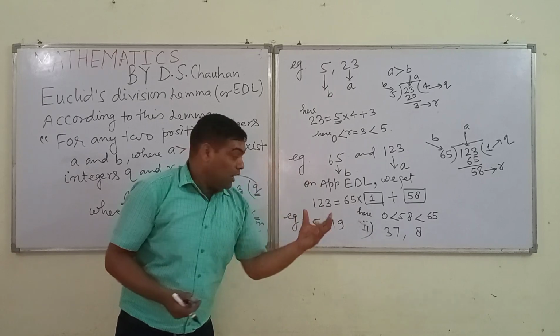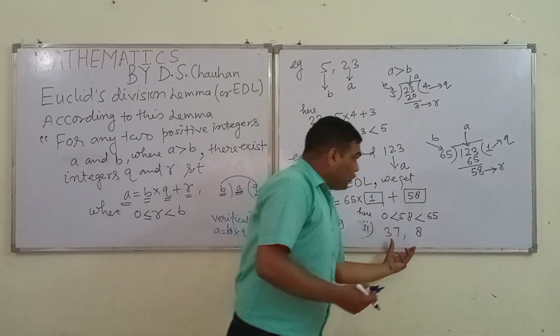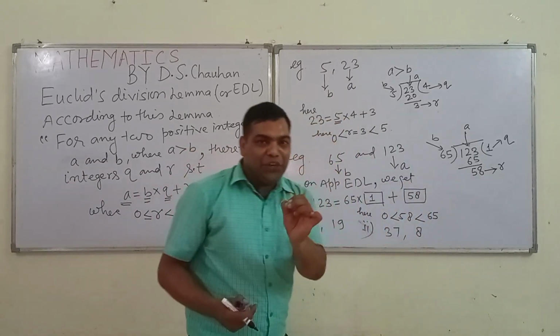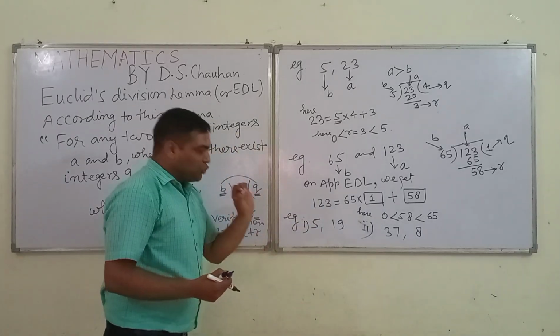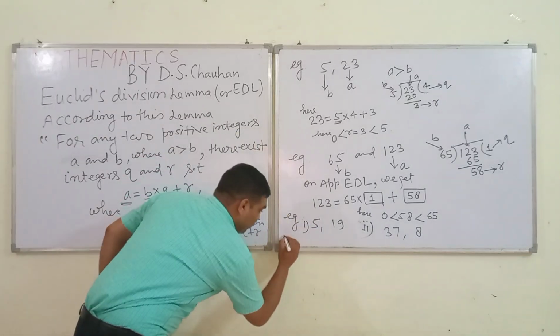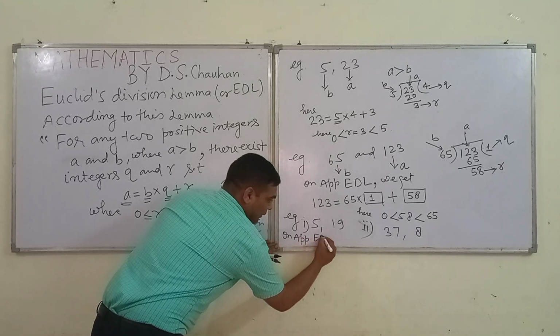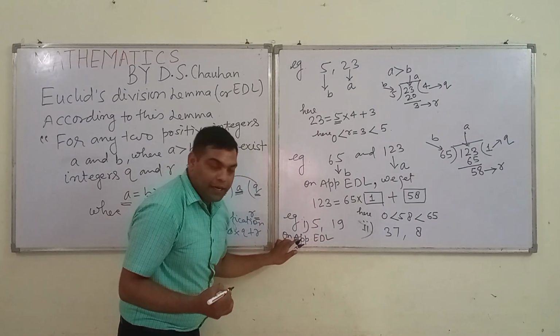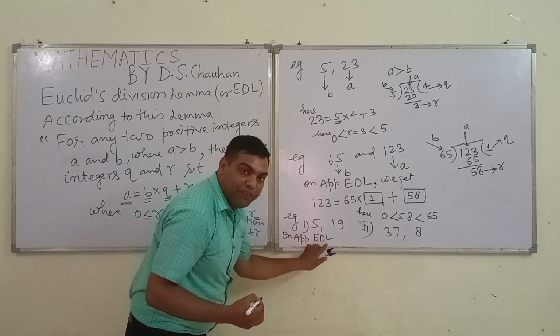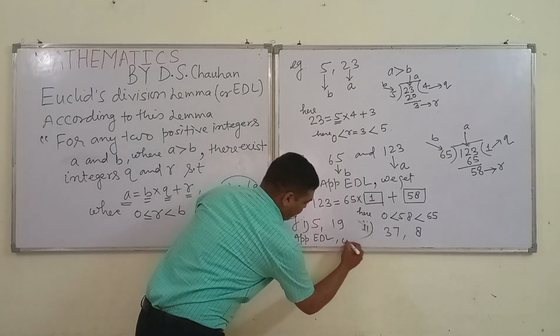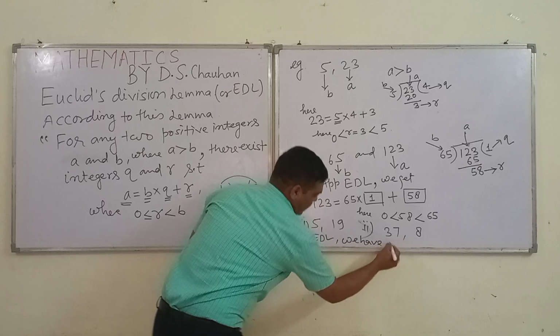Now students, on applying Euclid division lemma on these numbers, you try to understand what you can get gradually. I am going to tell you what you will write: on applying Euclid division lemma, we have,